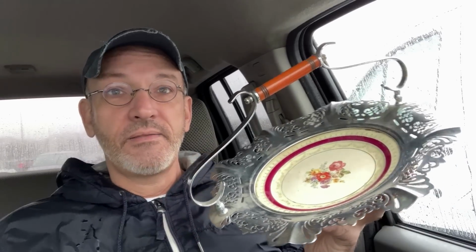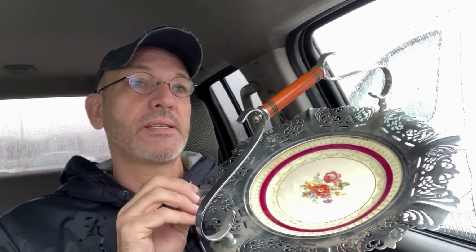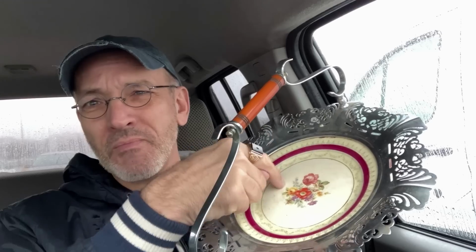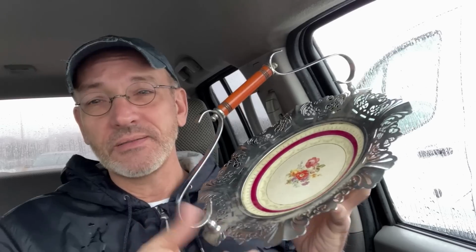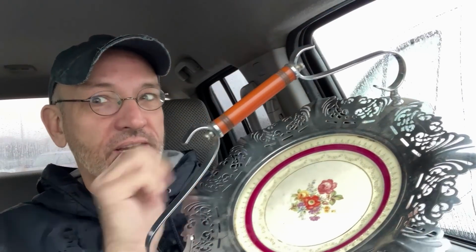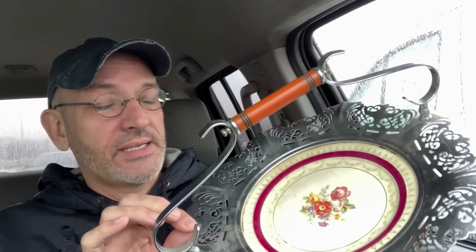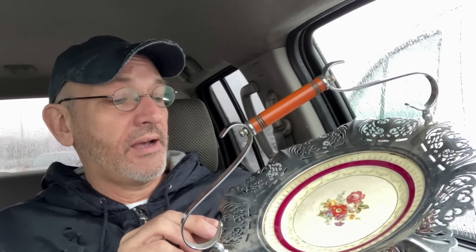They did stick other plates in here. I'm trying to think of some of the names of the patterns, and they're not coming to my mind. Way more deco, much more modern than that. You can't really get that out of there. It's factory sealed, all the metal is folded over. I'd love to take that plate out of there and stick something Art Deco inside. But we'll clean it up, sell it as is. Someone will still enjoy it,